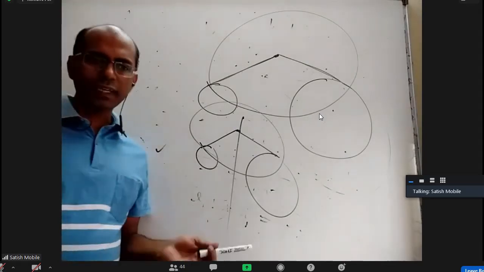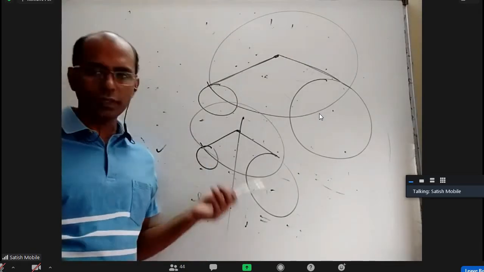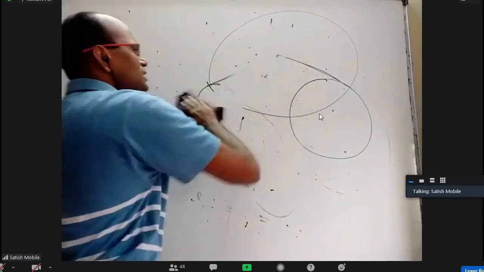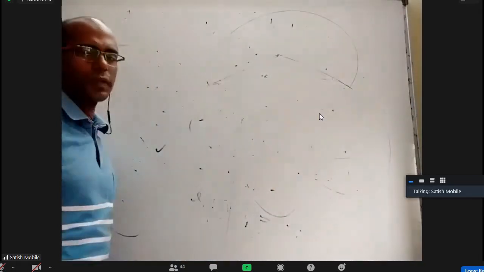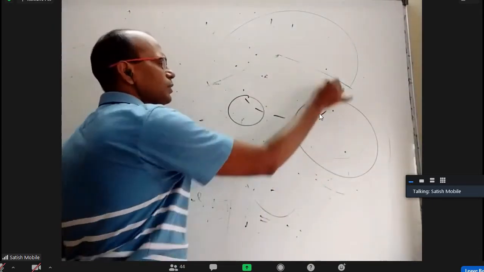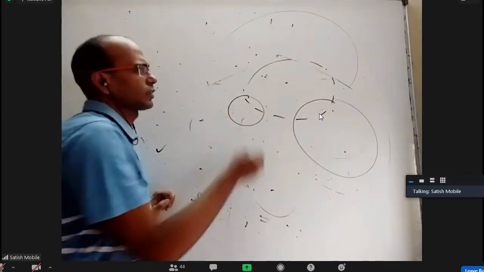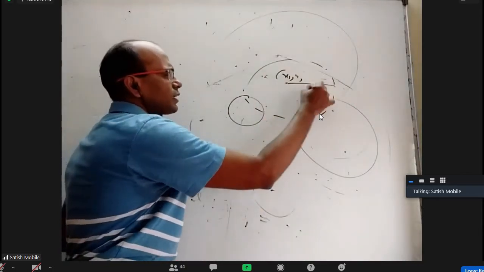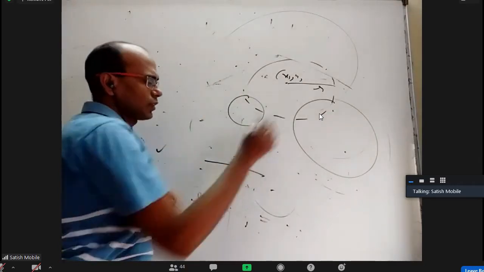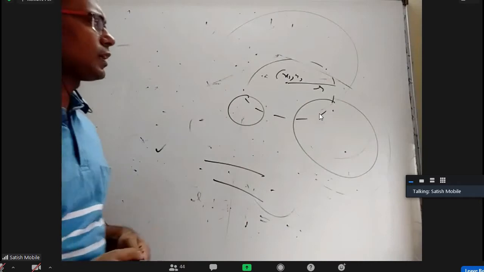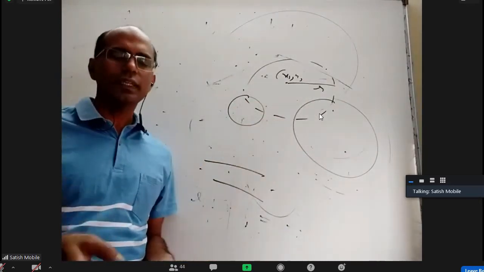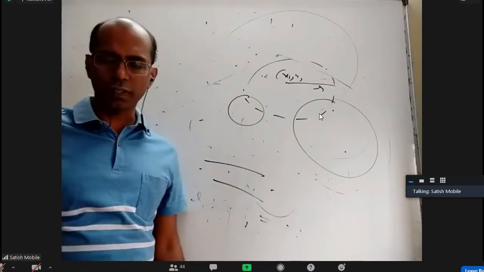Even though orthogonality and radical axis don't have a direct connection, it is useful to know like this. If you don't know about the radical axis also, the same answer will come. How? Let us say somebody says find the locus of that center. Two circles are there, and there is a variable circle intersecting orthogonally. What is the locus of the center? We assume x1, y1 is the center and radius is r. Apply orthogonality for these two, you'll get one equation. Apply orthogonality for these two, another equation. Subtract, so that r gets cancelled. From that, you'll get the locus of x1, y1 as exactly S minus S dash equal to 0.